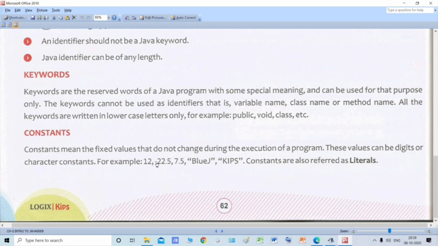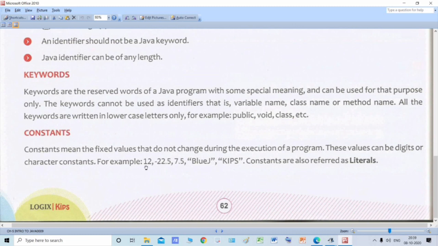For example, 12, minus 22.5, 7.5. If these values do not change, they are constants. Means something that is fixed.